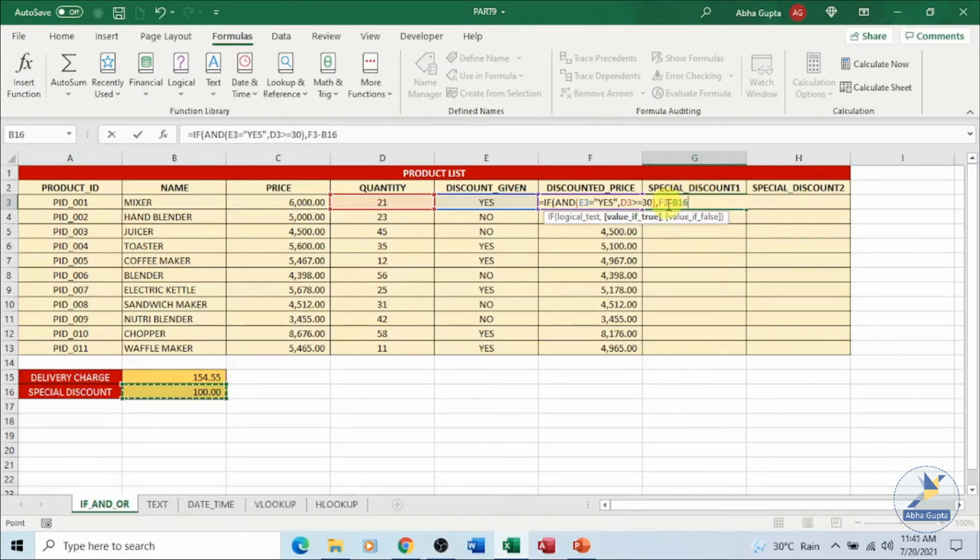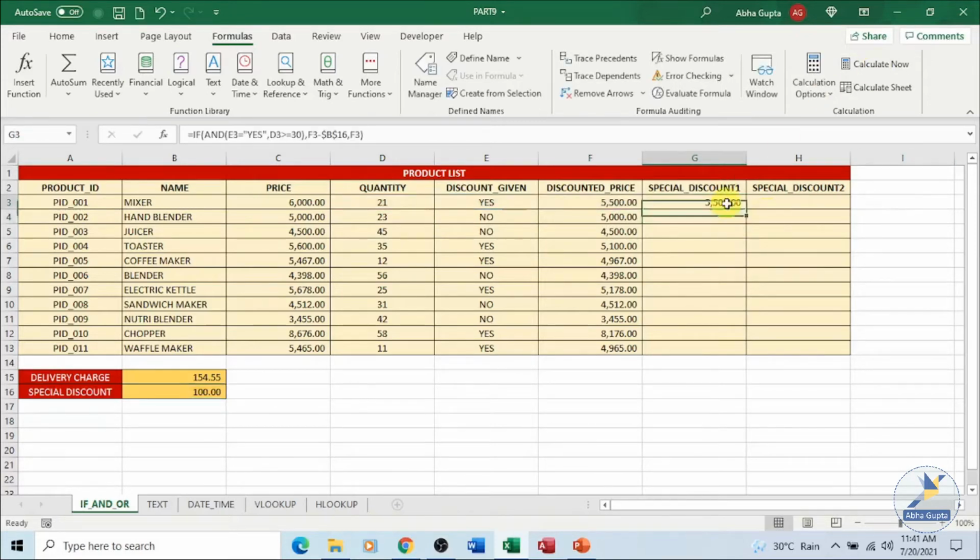And at the same time I want to make it absolute, so that if we copy the formula, it doesn't move on to the other cell and give us the wrong answer. And if it does not fulfill the criteria, we want that no discount should be given, only this amount should remain as it is.